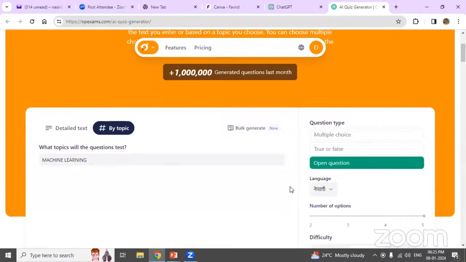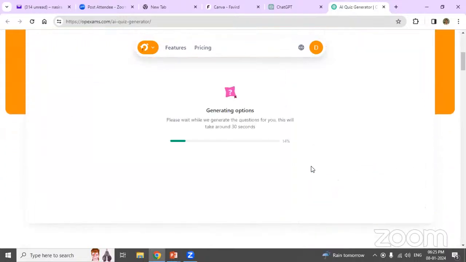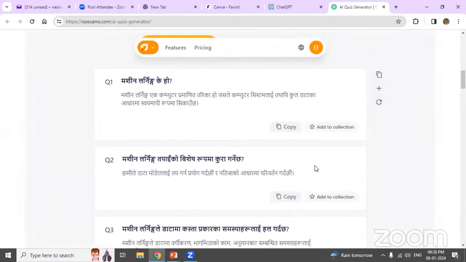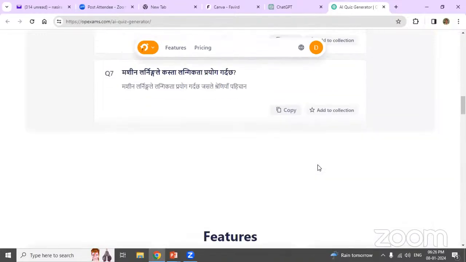So I am giving machine learning now, and I have changed the language. It is Hindi, isn't it? Got it, sir. Got it, madam.